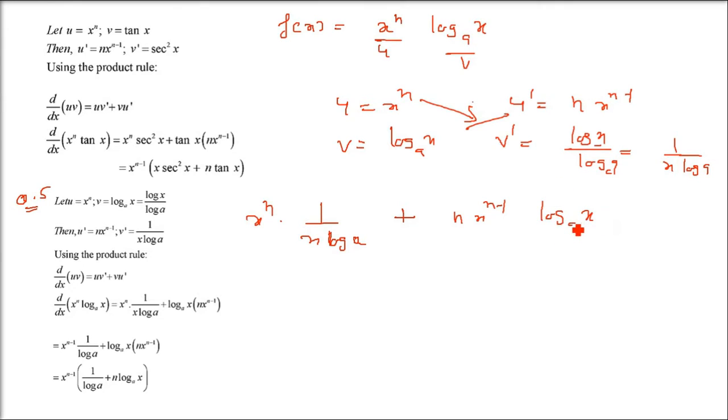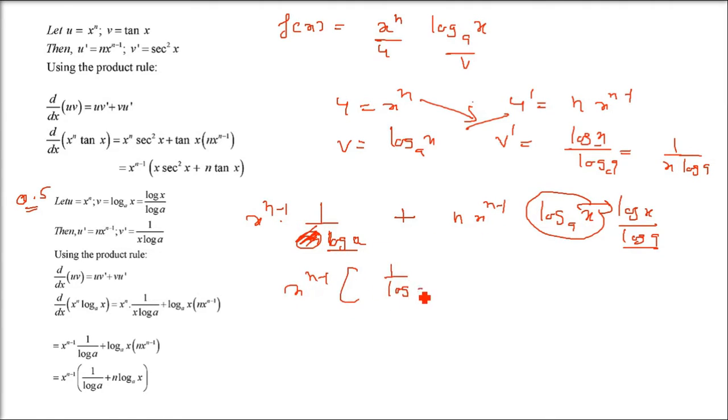Okay. So now you can take x raised n minus 1. You can even change this if you want. You can write it as log x by log a, but it is not required here. You can always have it like this only. So just take x raised n minus 1, because x raised n minus 1 is in the second term, and from here also, because x was already there in the first term. So x raised n minus 1 will be 1 by log a plus, and this is n, this you take outside. And then you keep it as log x base a. Okay.